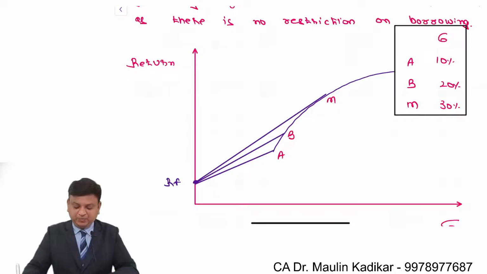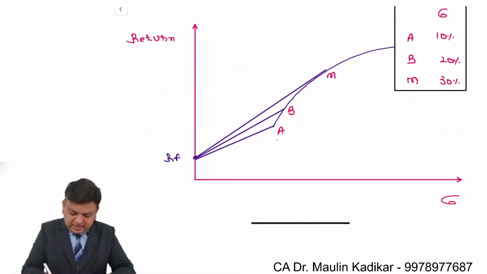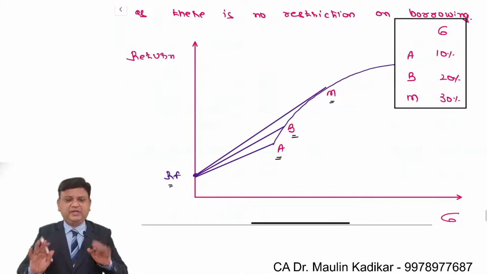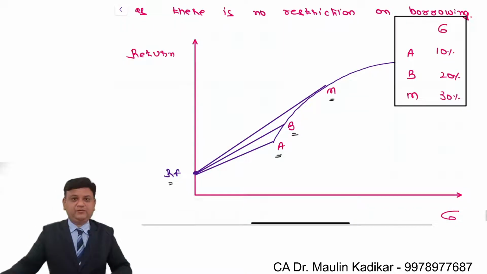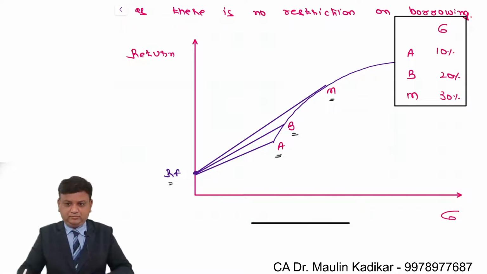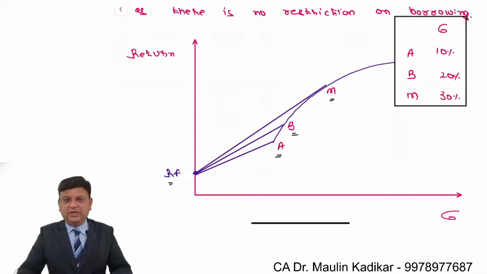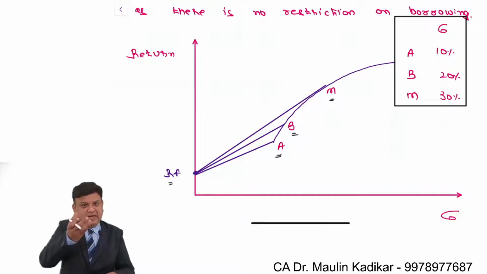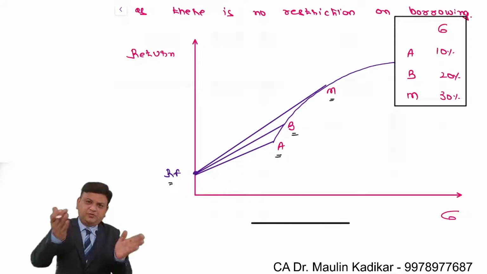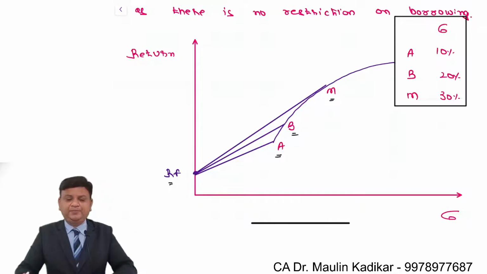Okay. So this is the portfolio A, this is B, and this is M. This is the risk-free security. This is what we understand. Now listen carefully. So now we can see that there are a number of investment options which are available with the investor now. Instead of only A, B, and M and all other portfolios lying on the efficient frontier, we understand that the feasible region increases.